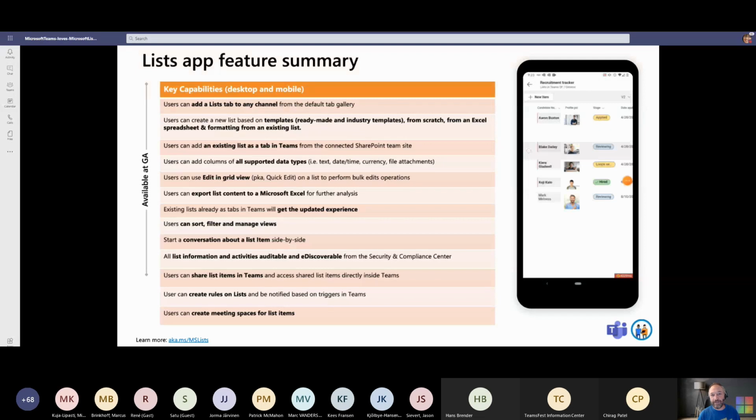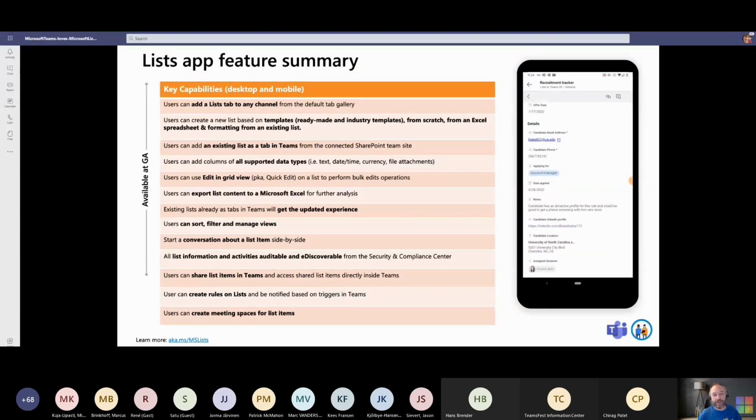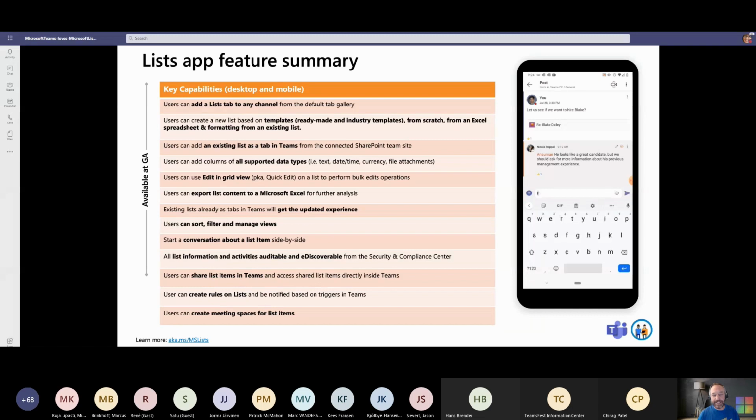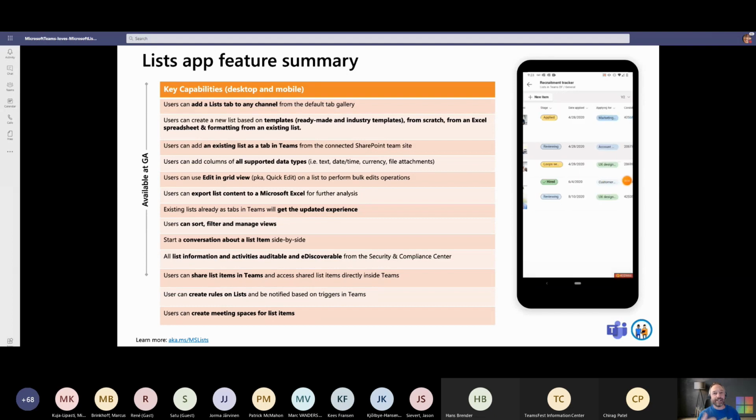When you look at the feature set, if you want to drill into a little bit more of what I showed you, and maybe some open questions of can it do this, can it do that, if you know lists pretty well. One of the things I didn't talk about, it's a little bit harder to show in a virtual sense. On the right-hand side, you see a video running that is actually the lists experience inside of the Teams mobile application. So everything that I showed you, if you've added a list as a tab in Teams,